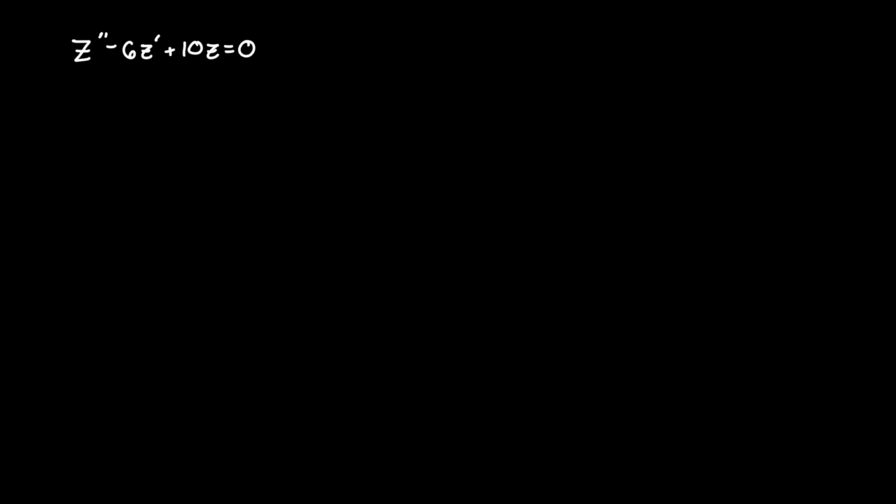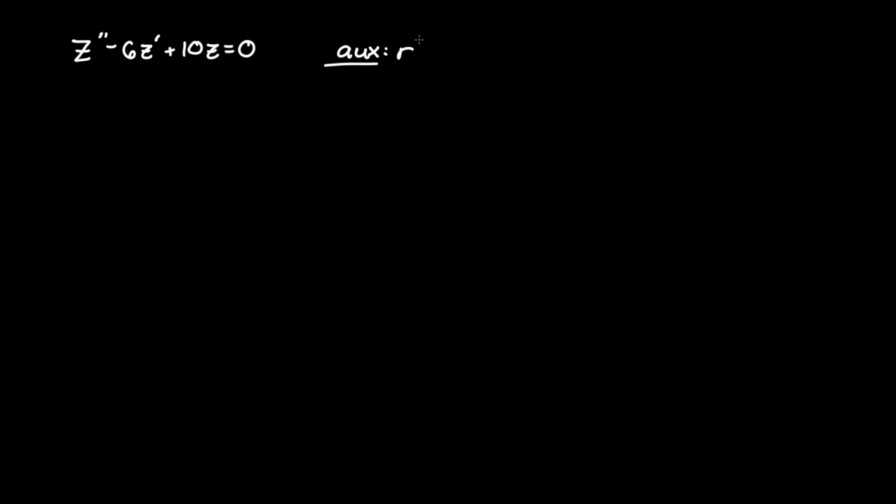Find the general solution for the given differential equation z double prime minus 6z prime plus 10z equals 0. So they obviously just replaced y with z, we treat it all the same, and we need to create our auxiliary or characteristic equation such that r, or m if you want, can equal the amount of derivatives being taken